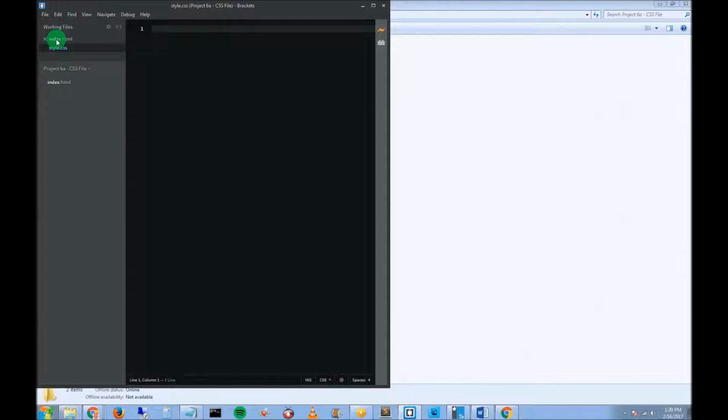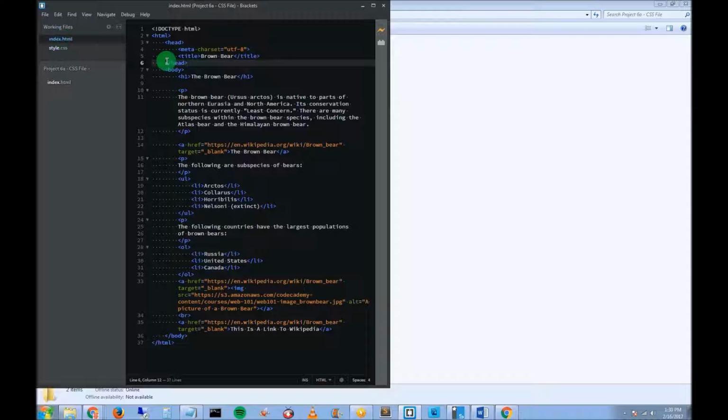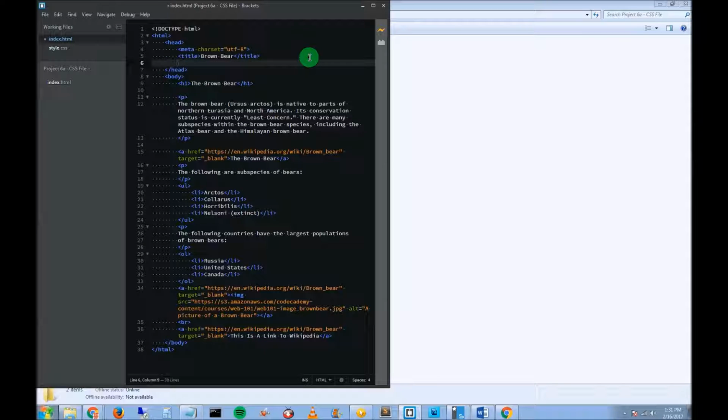Now, let's go back to the HTML, and we know from the lesson that we just did in Code Academy that in order to get our style changes to show up, we have to put a link between our HTML document and our style sheet. So that link goes in the head. So I'm going to click right there, and I'm going to go ahead and type out the link. So we type link,